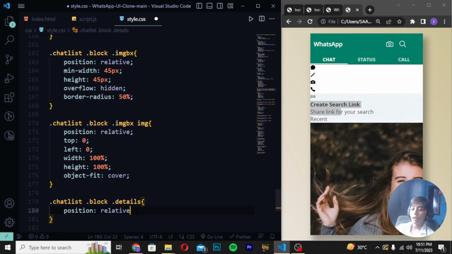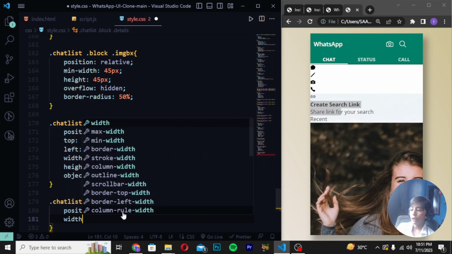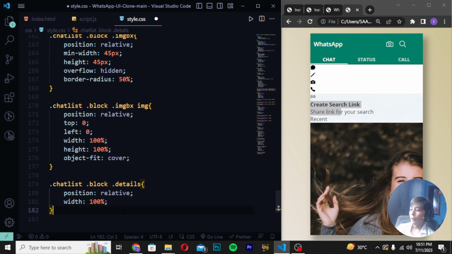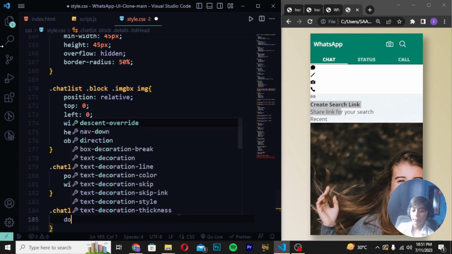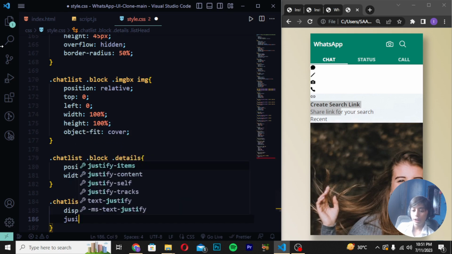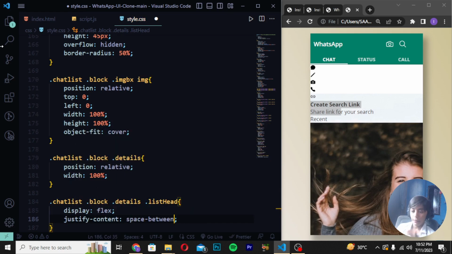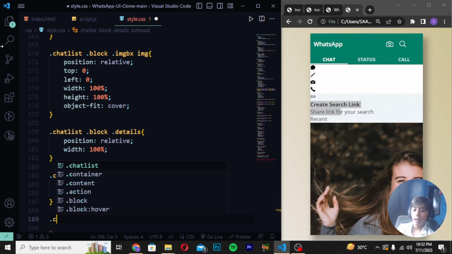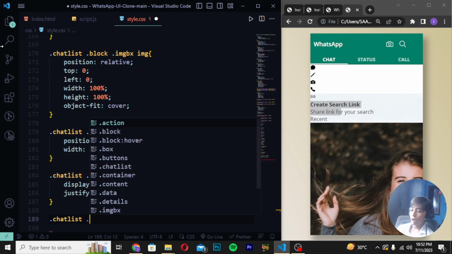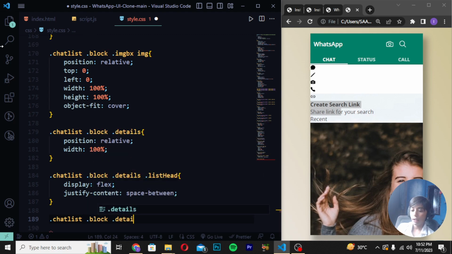And now what you can do here, tell him what we have done, enter. Width should be 100%, and now .chat-list .block .details, and now .list-head, and .list-head should be display flex, and now justify-content should be space-between. And now what we can do here, .chat-list .block .details .list-head